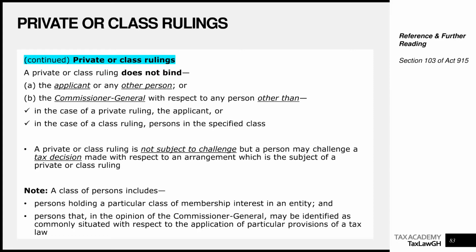Then for class rulings, the same thing. For example, the one for Ghana Association of Bankers. If people in the Ghana Union of Traders Association decide to rely on it, it will not bind the Commissioner General because they are not bankers. If the Association of Insurance Companies or insurers in Ghana decide to rely on it, it will not cover them. If chartered accountants or members of the ICAG decide to rely on it, it will not apply to them because they are not members of the Ghana Association of Bankers to whom the class ruling was issued. Take note, it applies only to those who wrote the letter to him, and it binds him for them.